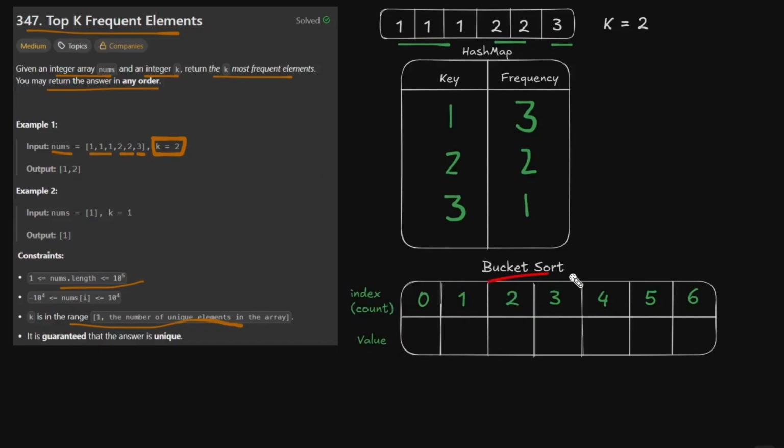So we will create a bucket of the size of the array where each index represents the frequency and each bucket holds a list of the numbers that appear that many times. So let us try to fill these buckets. For each pair in our frequency hash map, we will push that number into the bucket that matches its